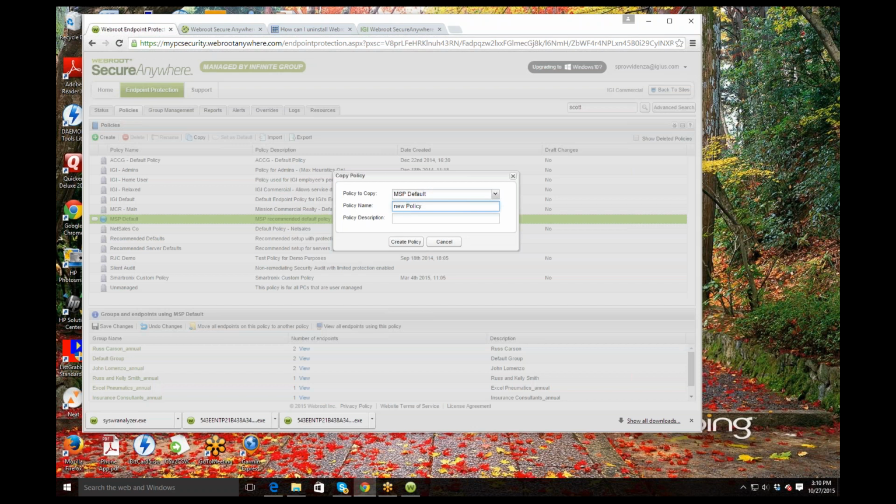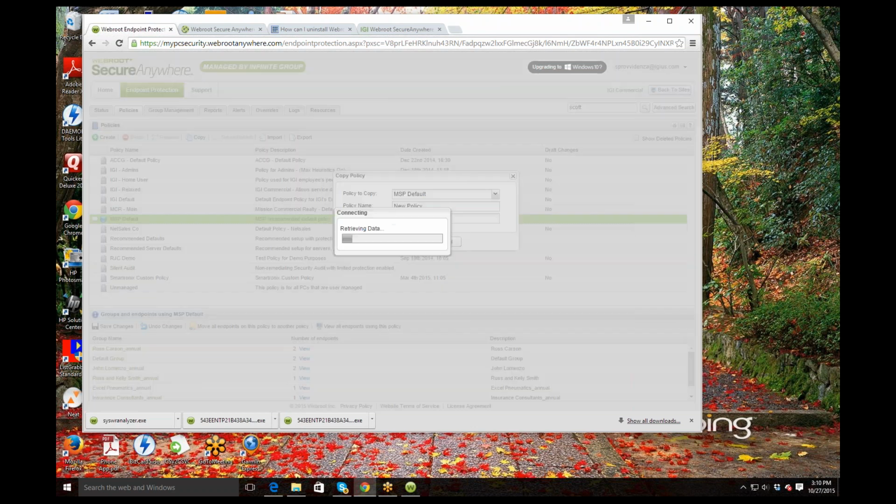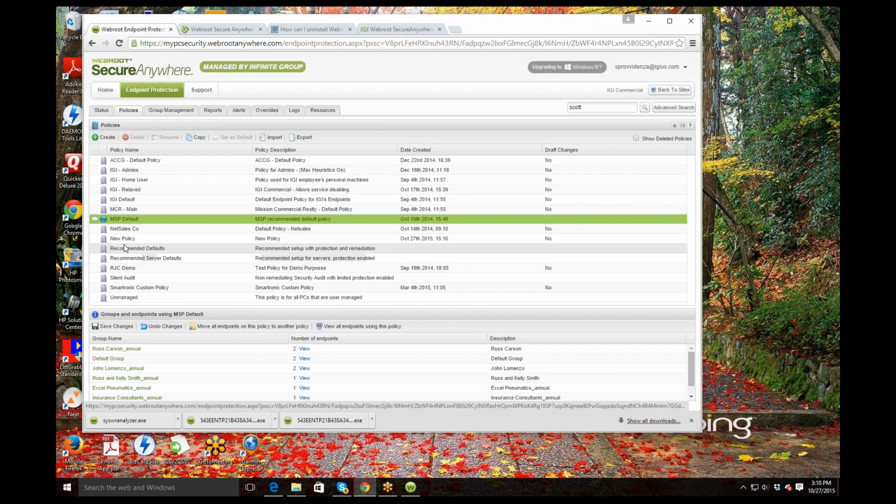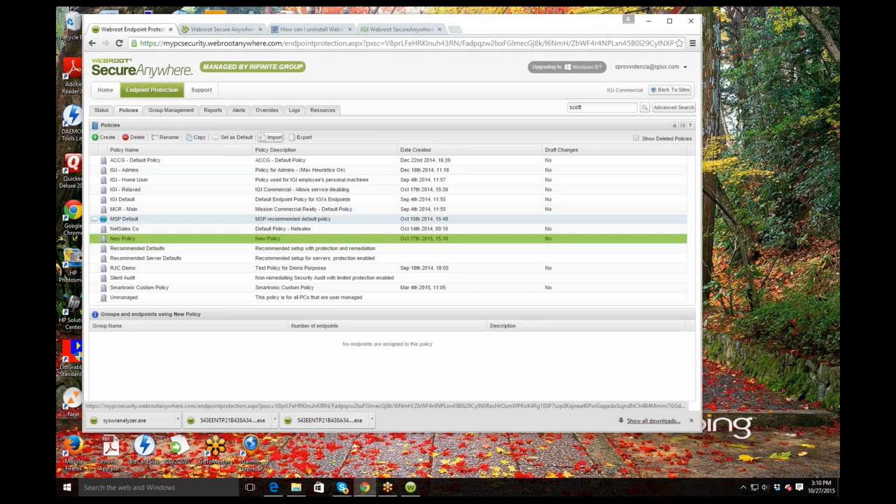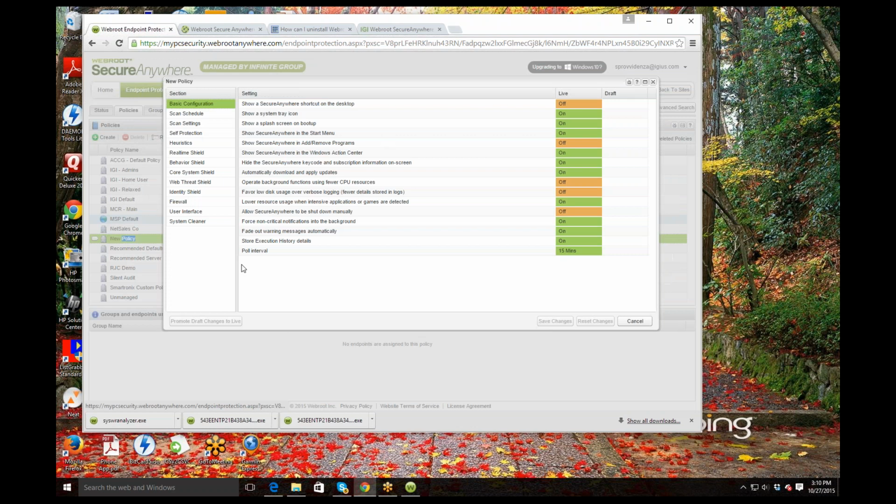and then take this policy and assign it as your default policy. What will happen here is this new policy set as default. Every machine that gets installed will inherit that policy and whatever settings you have in here. This is going to be the behavior of the agent, and depending on what you're looking for, of cleaning up the system, notifying the customer or not notifying them,